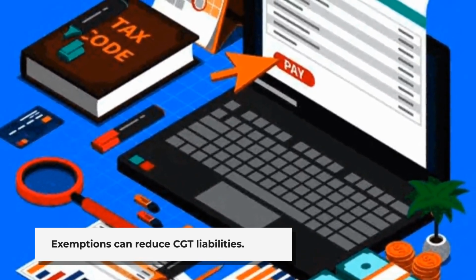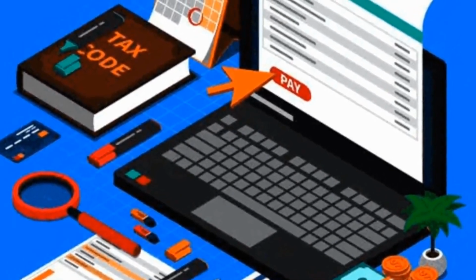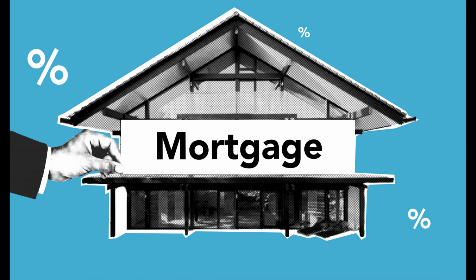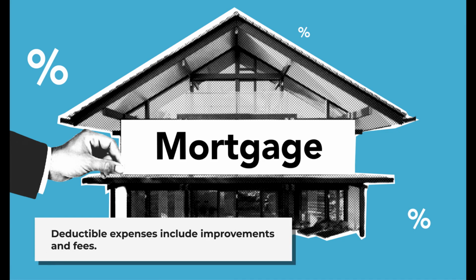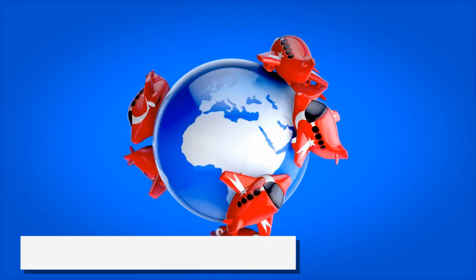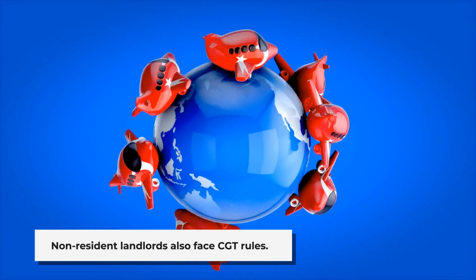These include multiple property ownership, where the tax-free allowance is multiplied by the number of owners, and private residence relief for landlords who have personally occupied the property at some point. Property improvement expenses and transaction fees can also be deducted from the taxable gain, provided they haven't been claimed on annual tax returns. Non-resident landlords are generally subject to CGT on UK property sales, but specific rules apply to their